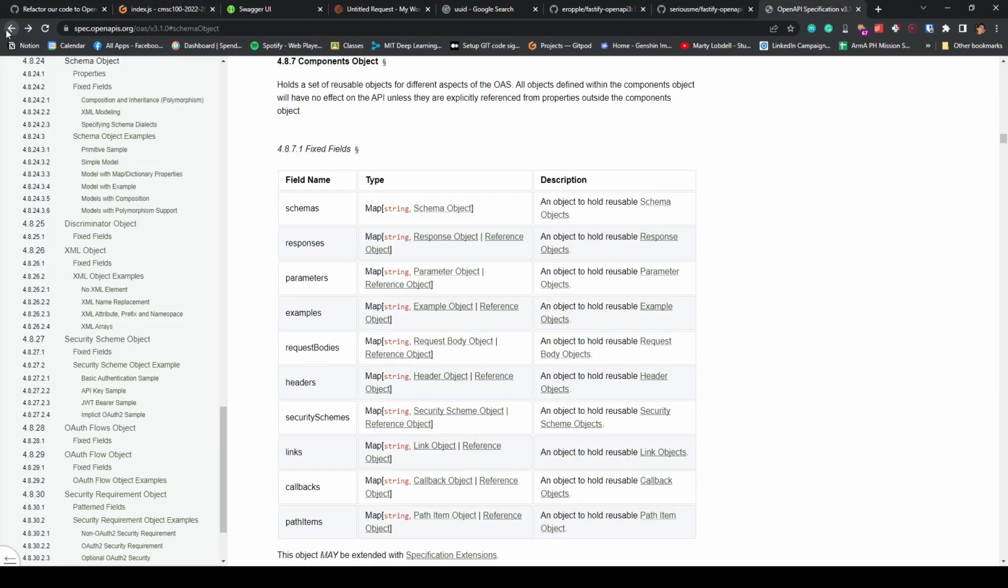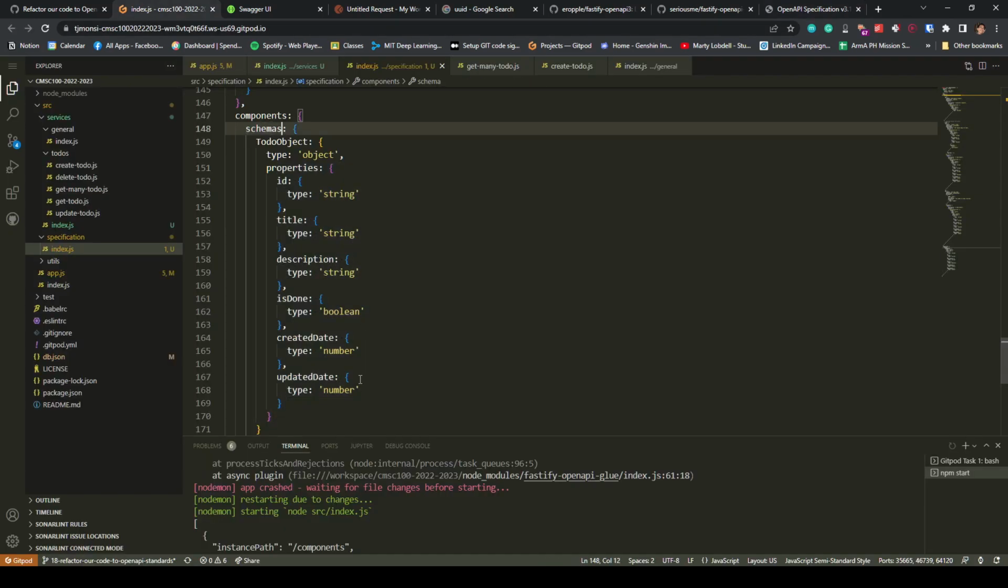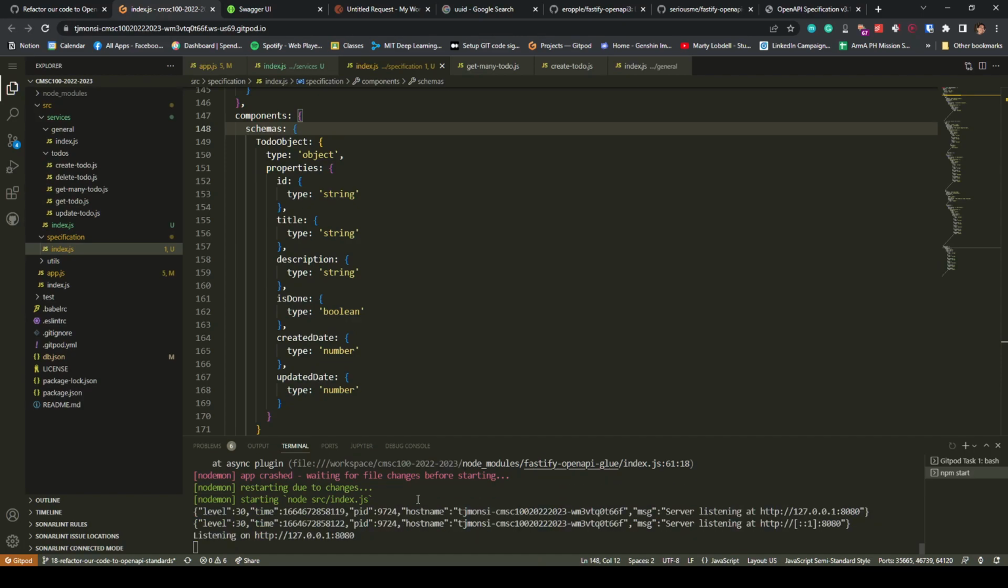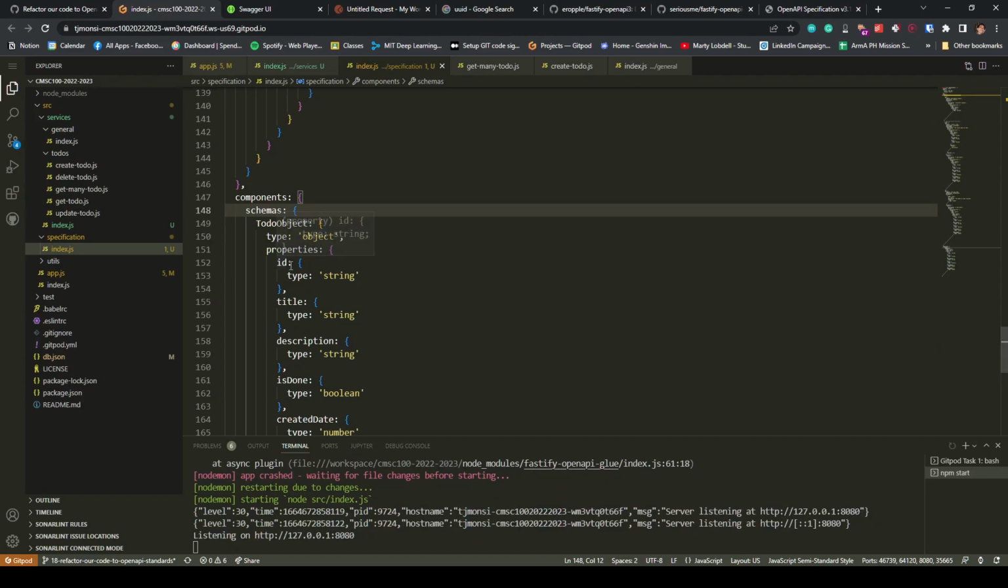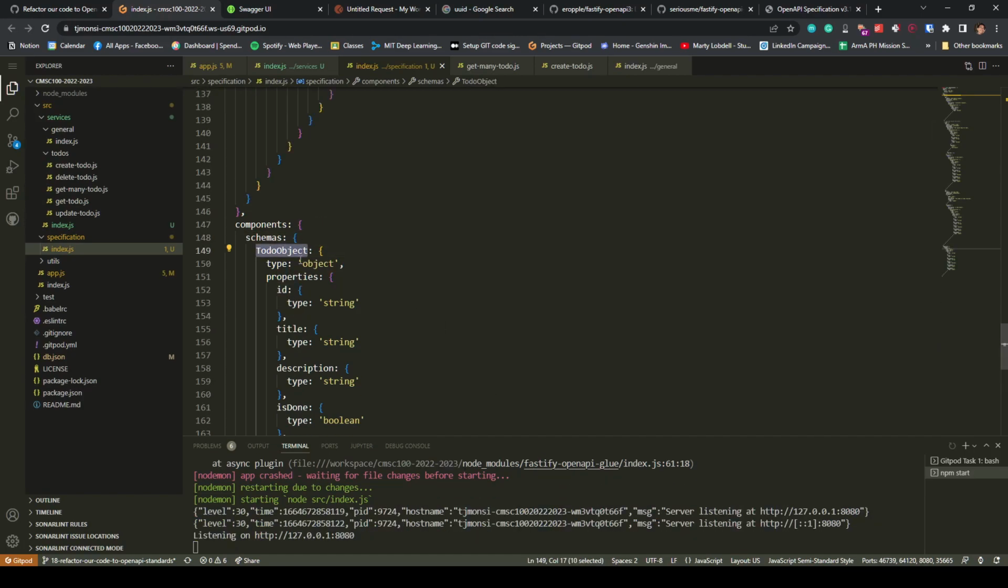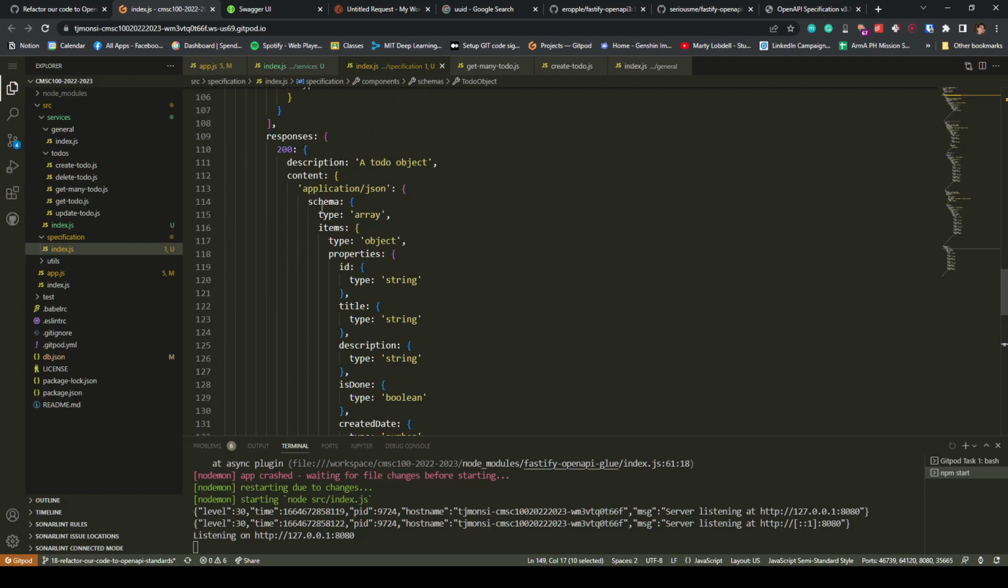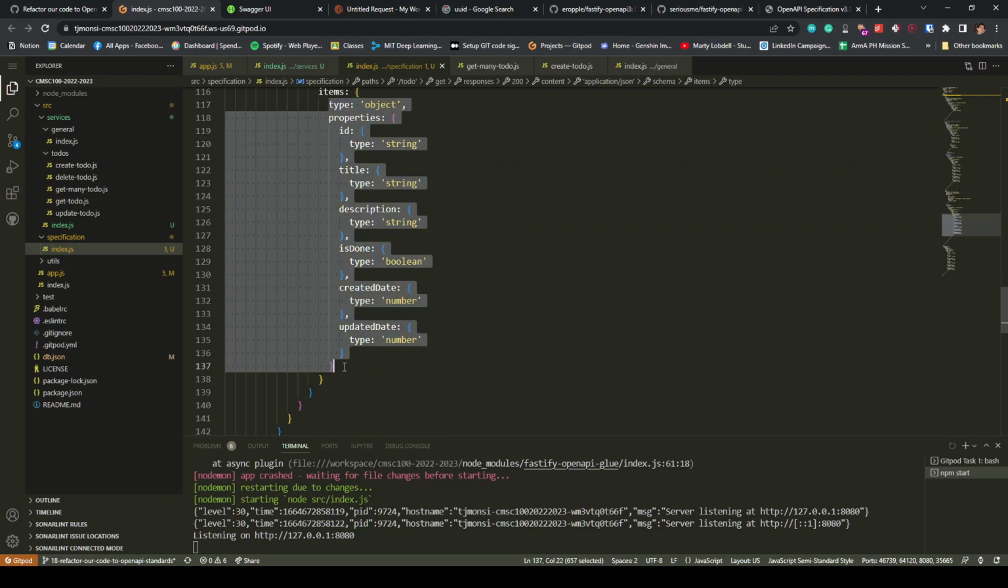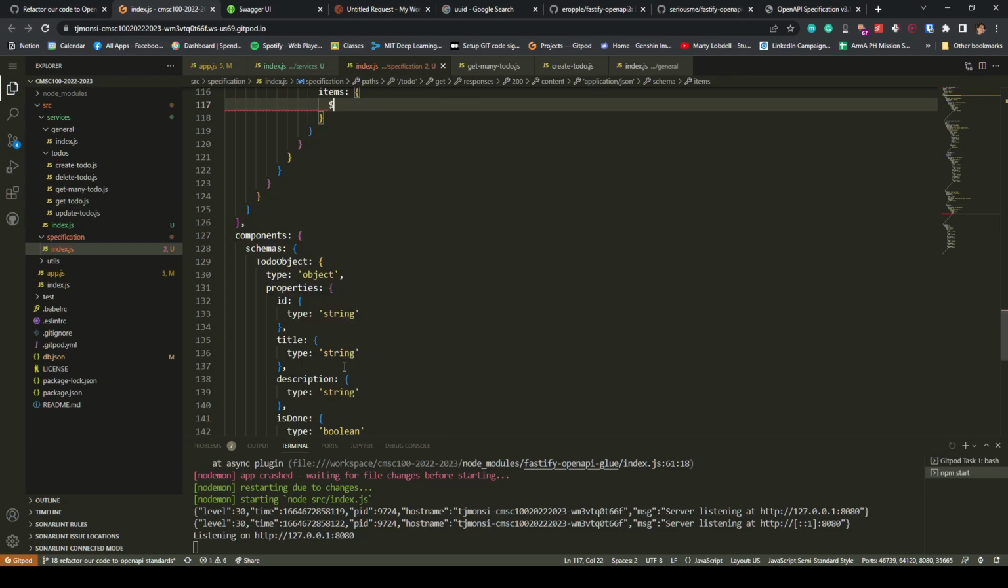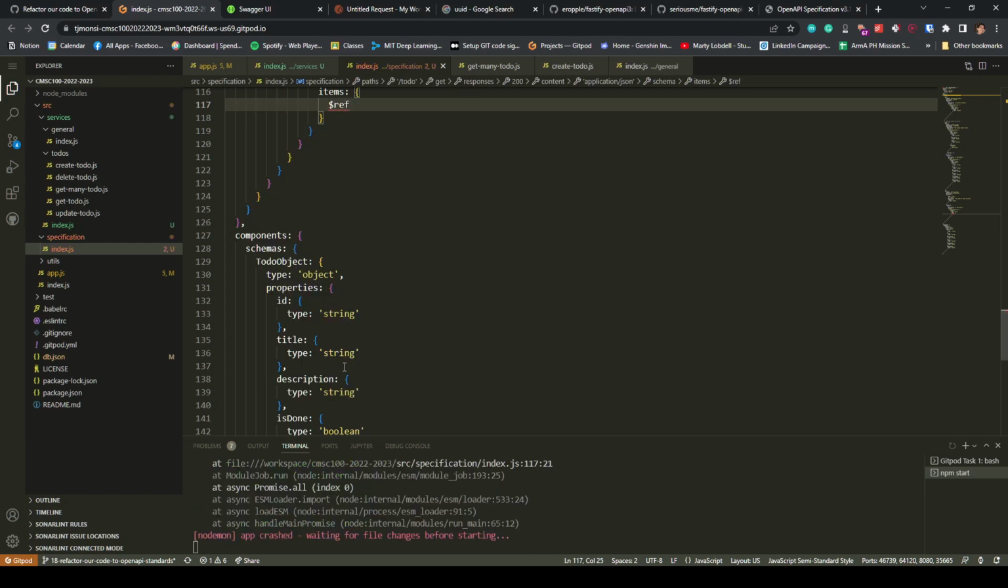I think I made an error. Schemas, sorry. It should be schemas, because we have a lot of schemas. Okay, so now that we are done, take note of this ID. And what we will do is make this as a reference